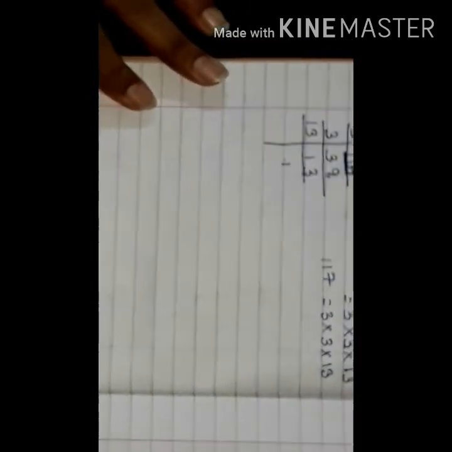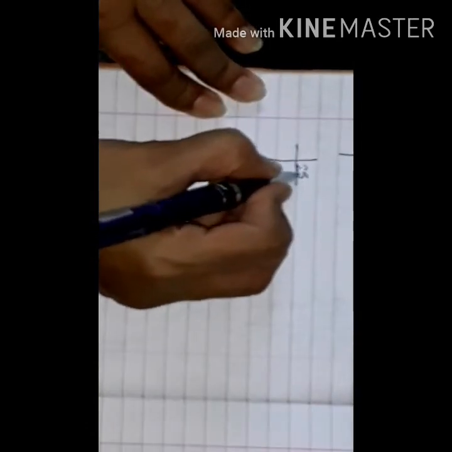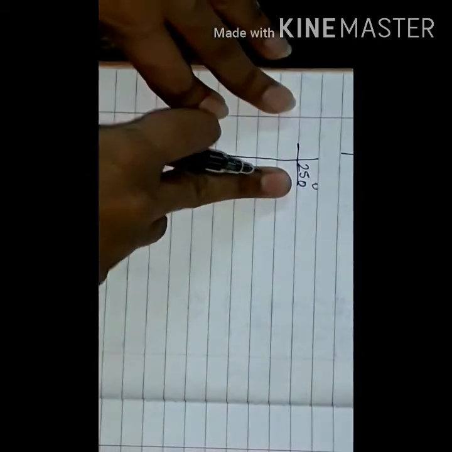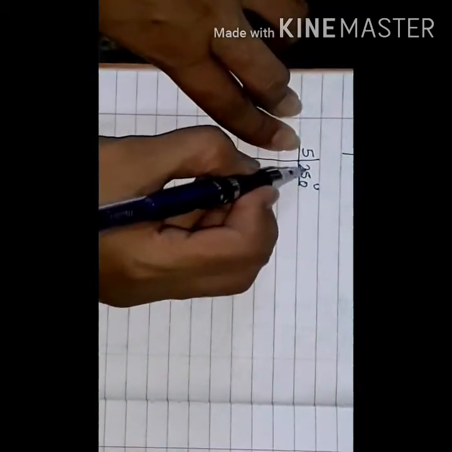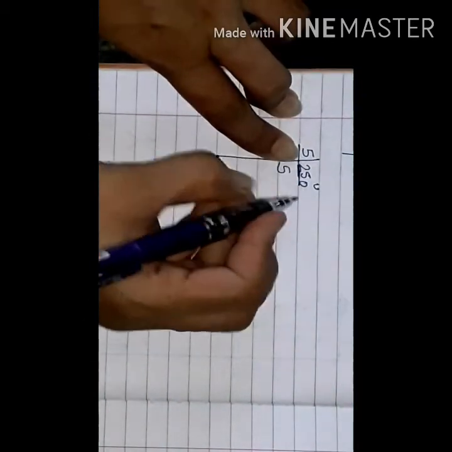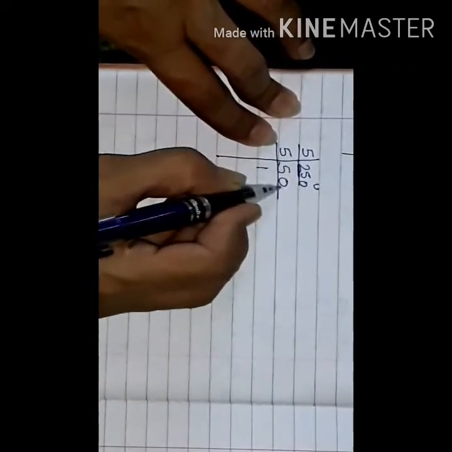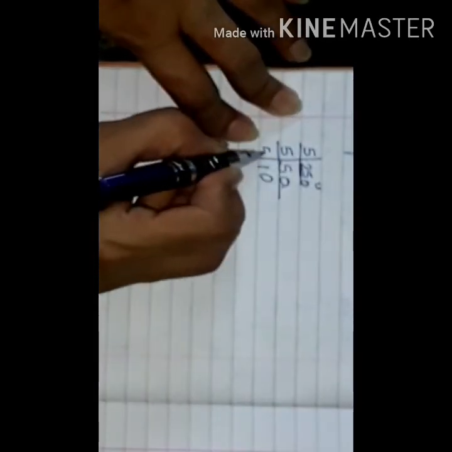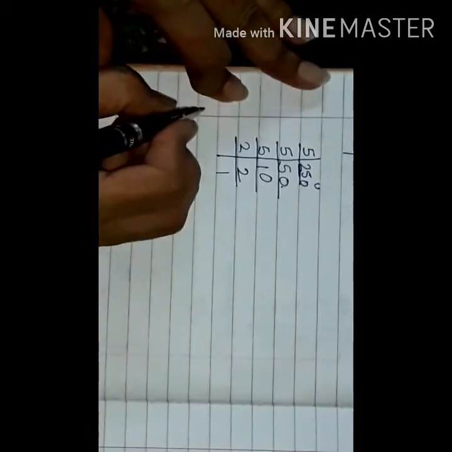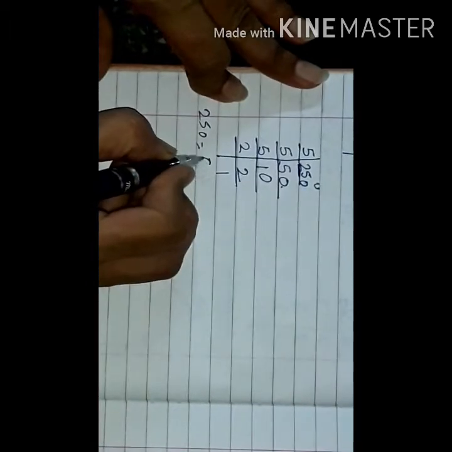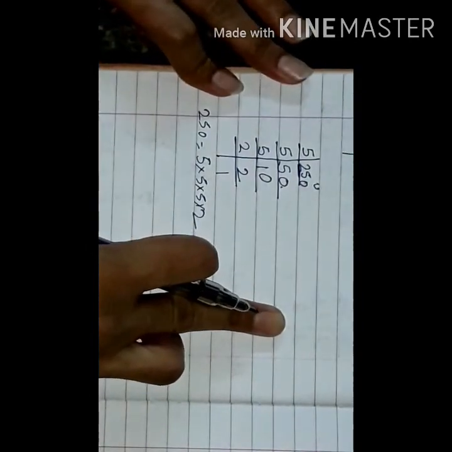Got it? Now one more number we will take, that is 250. In the units place, when the number is 0, you can factorize it with the number 5. 5 is also a prime number. So 5 5s are 25. We are taking 2 digits and the 0 is carried forward. Again 5 1s are 5, 0 carried forward. 5 2s are 10, 2 1s are 2. Now what are the primes? 250's primes are 5 into 5 into 5 into 2. The same way you can solve it in the horizontal form.